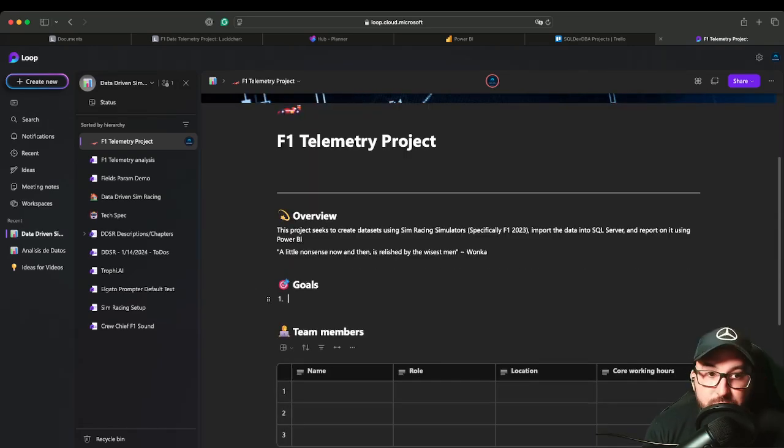All right, the goals. What are the goals of this project? Again, this is going to be some very, very quick ones, basically outlining the different technologies that we'll use or just the big milestones that we're going to have. So the first one is going to be collect data from F1 telemetry sim races, and here I can say using